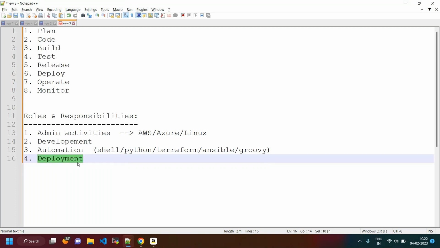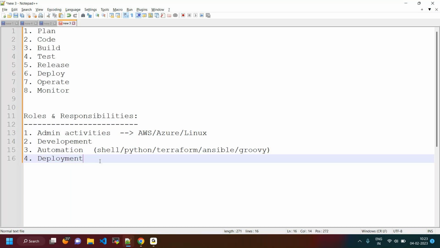Those guys do the deployments and release the releases based on the requirements and their project structure, how they follow it. On what basis they deploy their applications, and how many deployments they do sprint-wise, those things come under deployment activities.